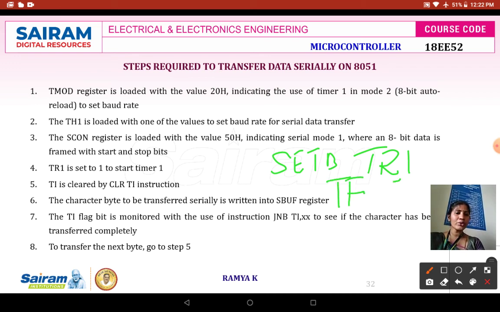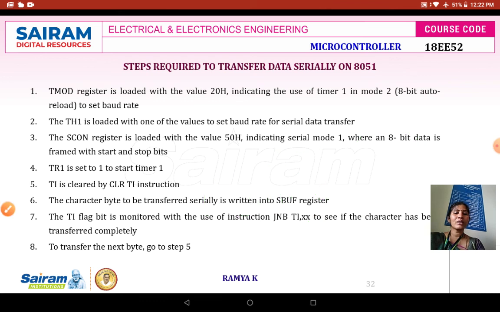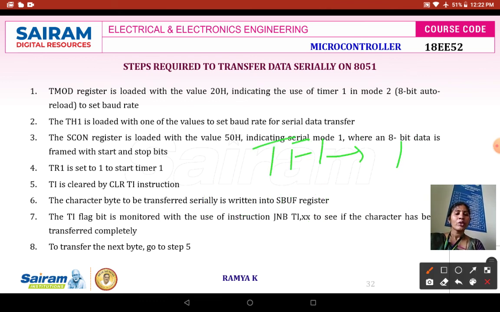If I am using TR1, then the corresponding timer flag will be TF1. TF1 will be checked until the timer flag is set, that is, until this timer flag is equal to 1, the particular loop has to run. Once the timer flag TF1 is set, you need to come out of the loop and you have to clear your timer run bit and clear your timer flag.